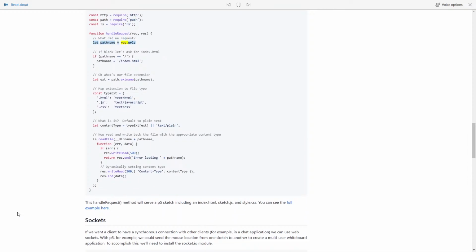let pathname = req.url; // if blank, let's ask for index.html. if (pathname == "/") { pathname = "/index.html"; } // okay, what's our file extension? let ext = path.extname(pathname); // map extension to file type: const typeExt = { ".html": "text/html", ".js": "text/javascript", ".css": "text/css" }; // what is it? Default to plain text: let contentType = typeExt[ext] || "text/plain"; // now read and write back the file